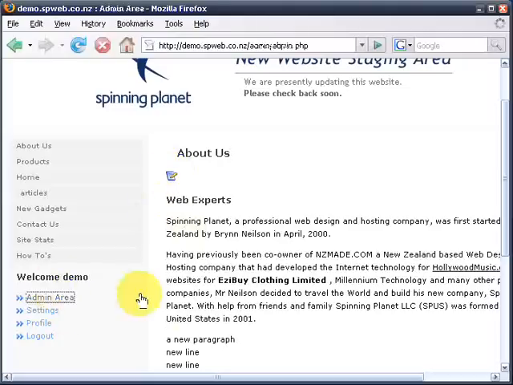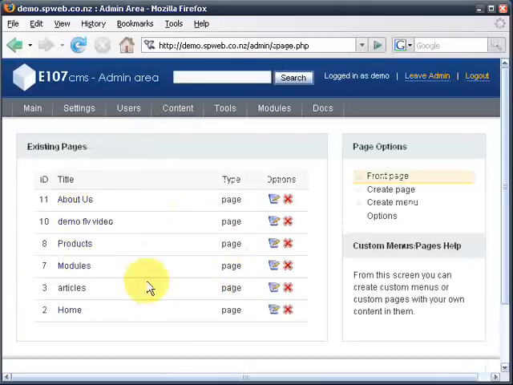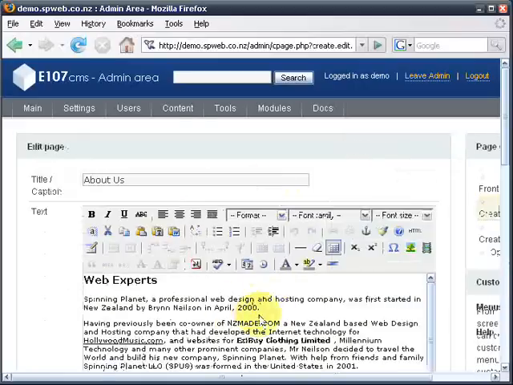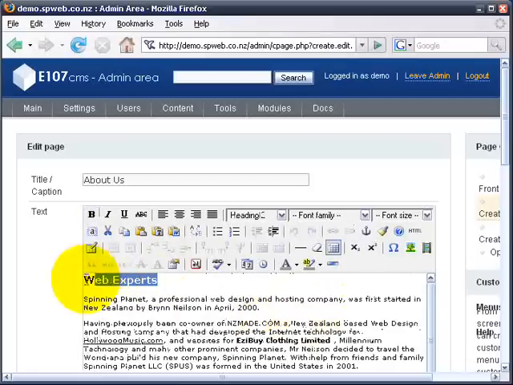Another way is if we're already in the admin area, we can just click on Edit Pages. It brings us back to the list of all our pages, and we want to edit this one here. So once again, we're back in. We can change things around. Maybe we want to center this here. Let's do that, something different. Center that,